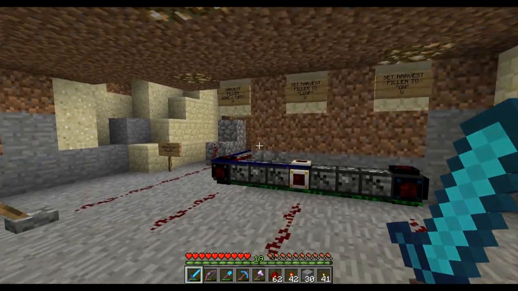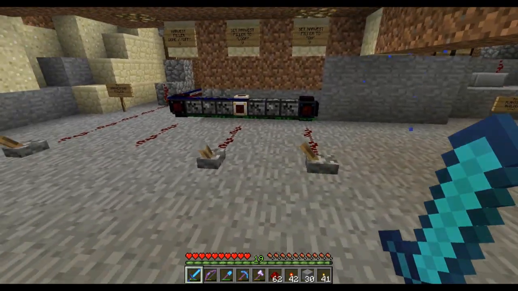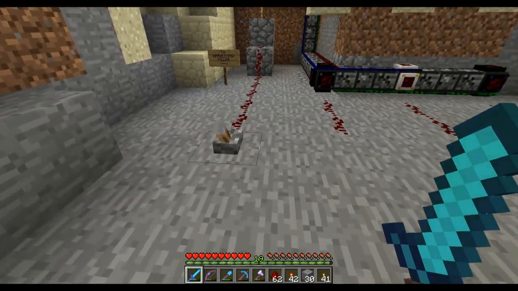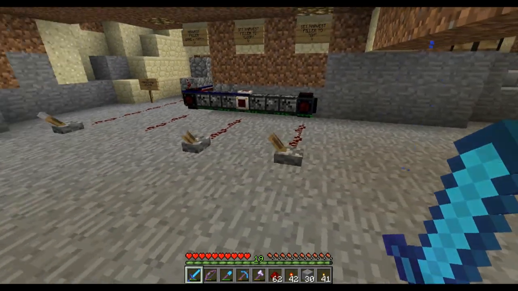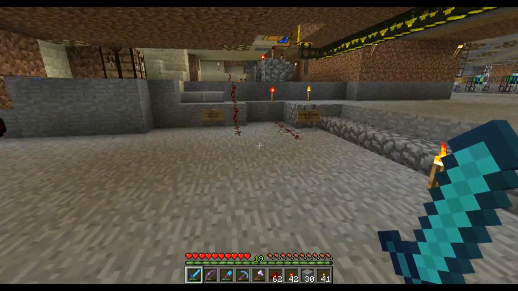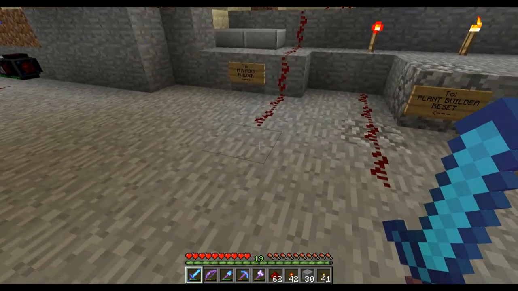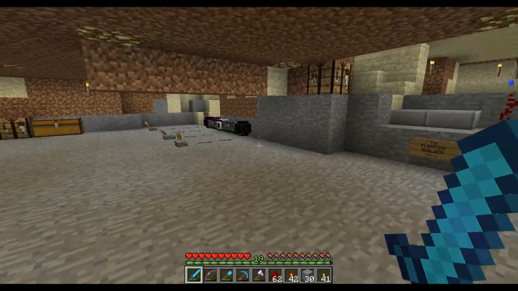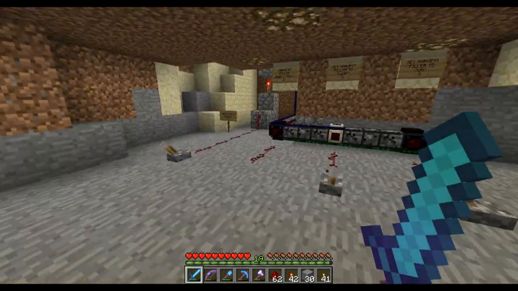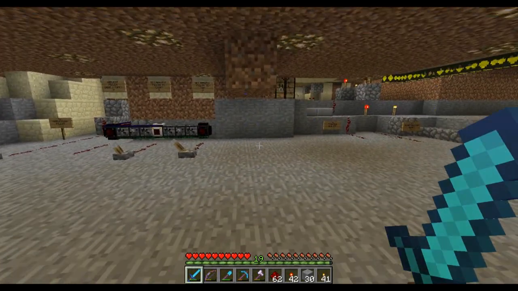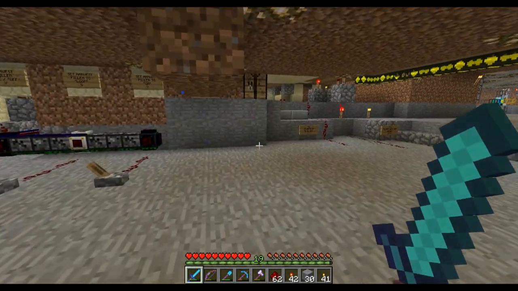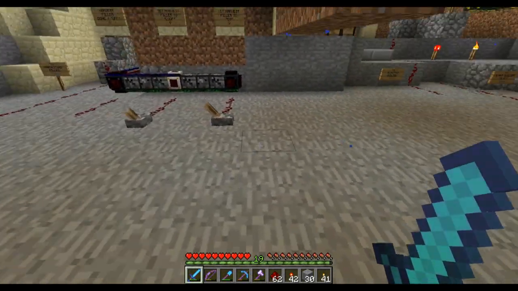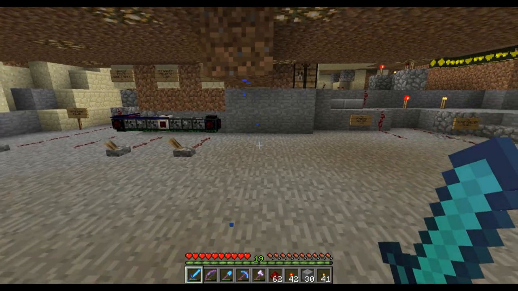But we have this machinery here to set the lines, to set the filler, to reset it. We want to make this automated, so we have to include all this in a circuit. Over here there's 2 lines, one for running the planting builder, one for resetting the planting builder. And then there's, again, these 4 lines over here. That's all we need for the tree farm, actually, which is great, besides the pipes and everything to return items back, but that's extra.